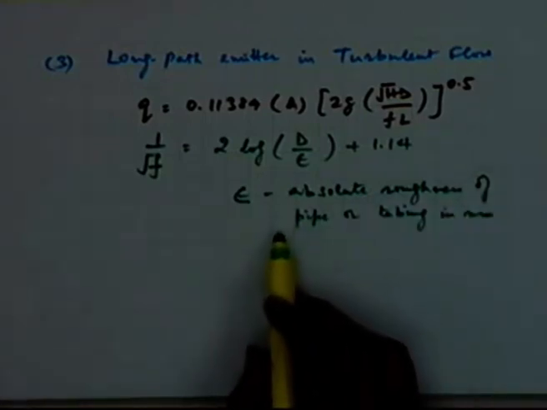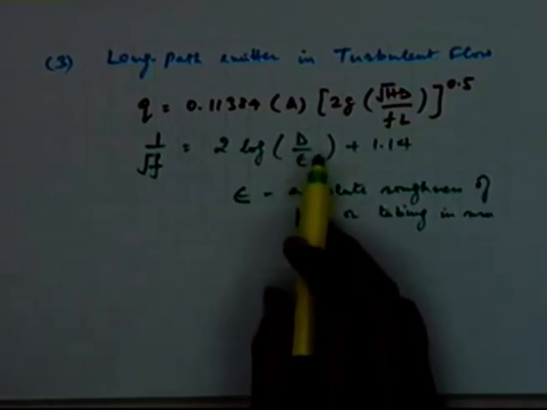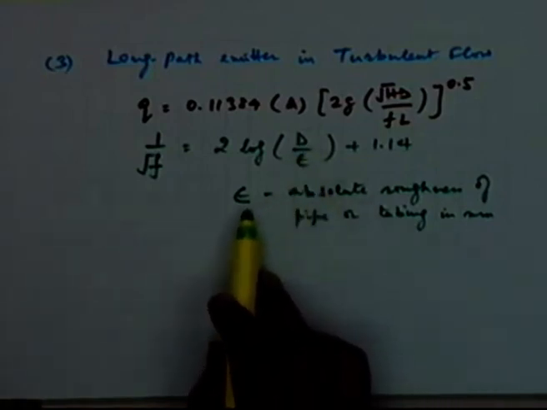Now F is a function of the ratio of the diameter to the absolute roughness,